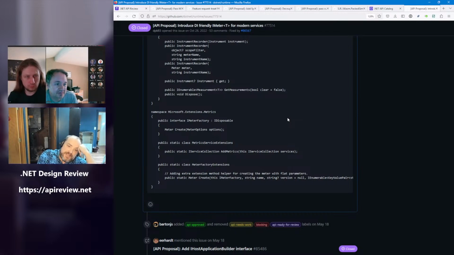The extension method on the interface really just goes back to this thing should be a class, and the one create method should just defer to the other, and the static create should, I don't know, do whatever. Oh, because it's an extension, so it's an instance create. But yeah, meter factory should be a class.